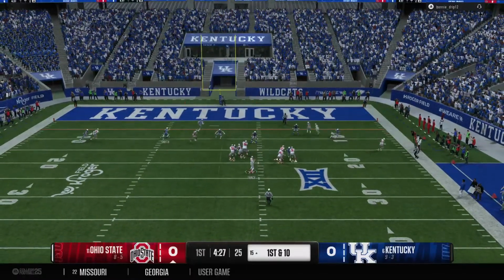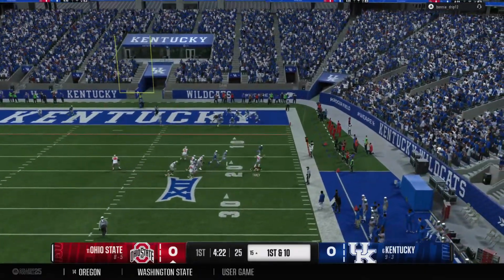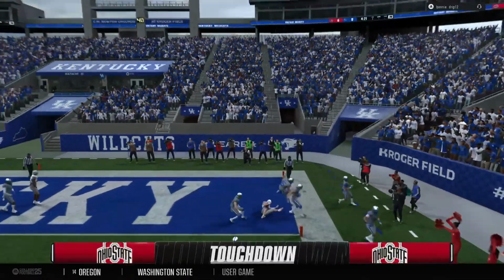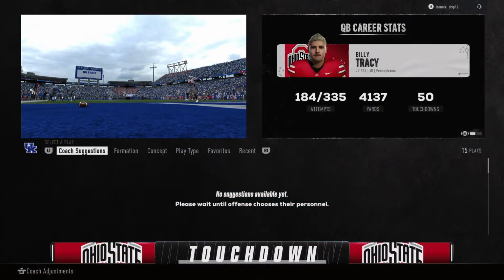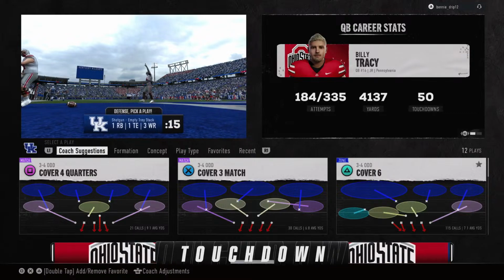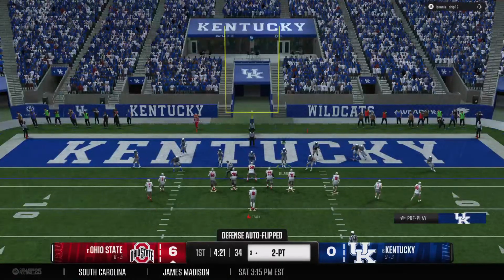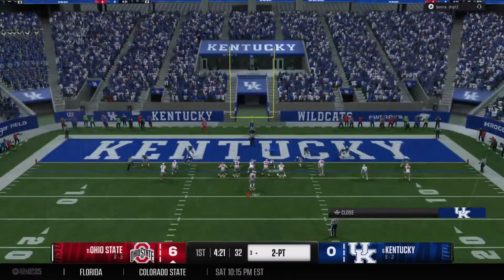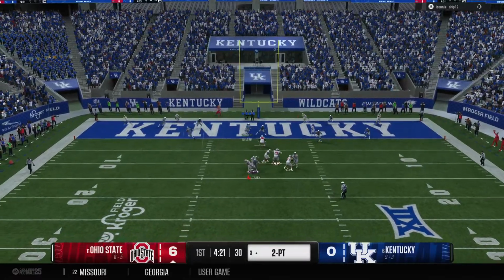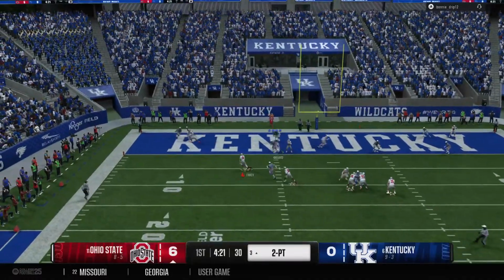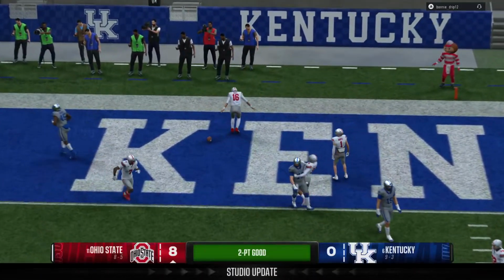Here comes a throw from the red zone. The pocket breaking down. Quarterback escapes the pocket. Makes the grab in the end zone. Touchdown, Ohio State. Number 6 hauls it in the end zone. Empty backfield now as they go for 2. From the shotgun, drops back looking for an open man. He's running out of time here. When he runs it into the end zone, that'll push the lead up to 8 points.